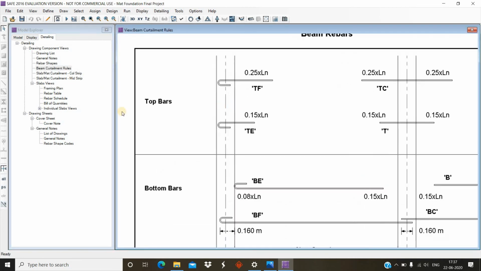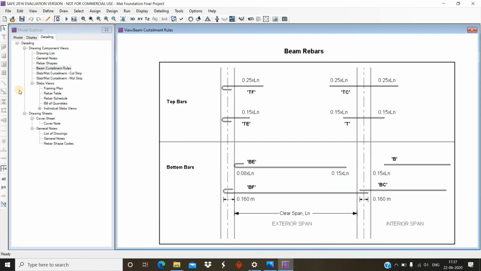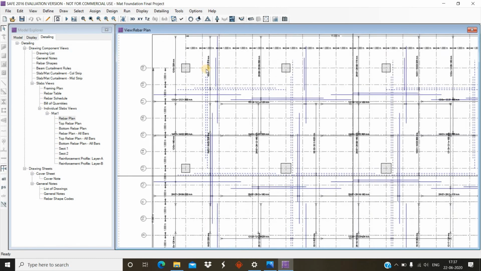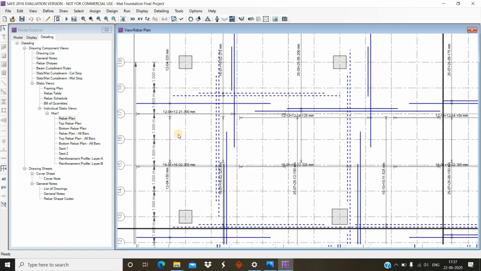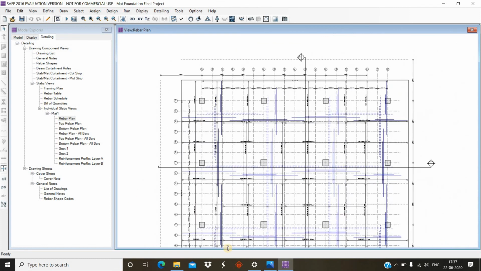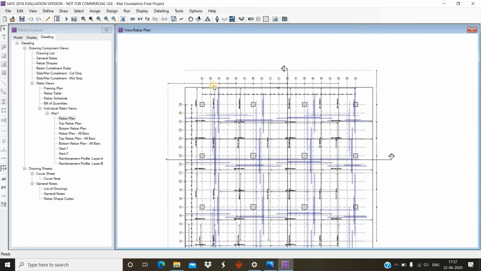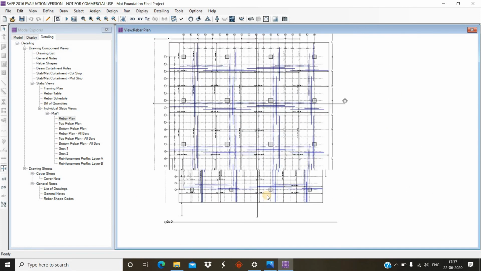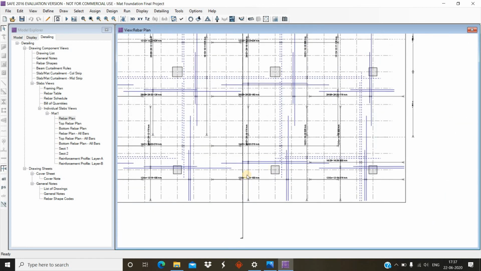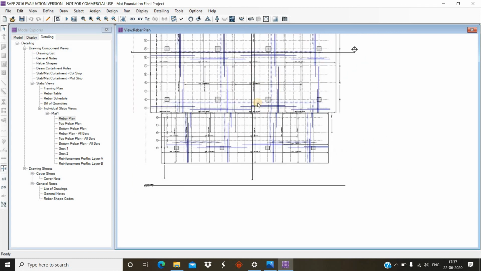Whatever data you want, it will show. This is the rebar plan, showing which bar has what spacing and which bar we are using. So this is my final project submission of the final design. This is the foundation design.